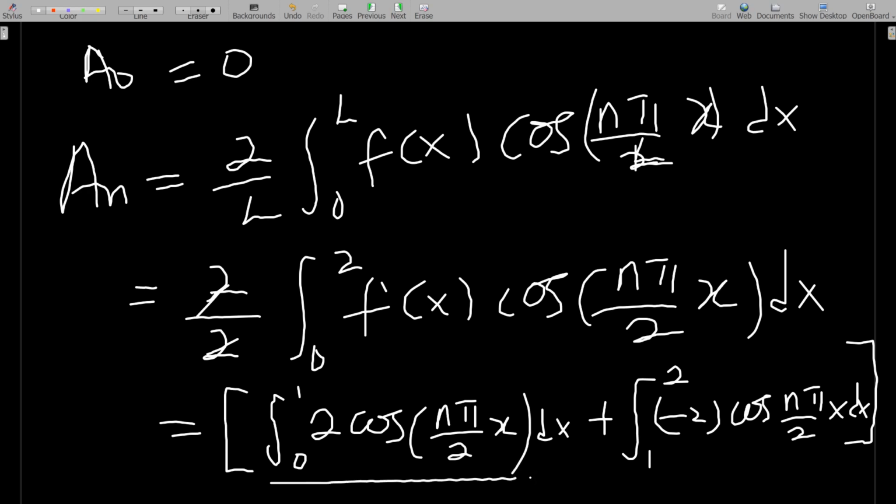Remember, integrate cos, you get sine. It's not negative, you get sine. Okay, you get positive sine, and you have to differentiate here, and then you reciprocate it. Okay, when you integrate cos here too, you get sine, but there is a minus in front of it, so check it very well. And then after doing those integrations, you have to get an to be equal to